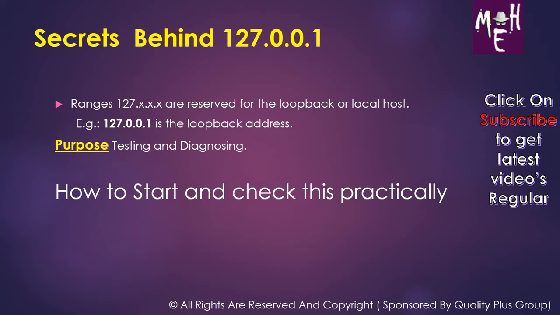There are different answers, like you have to use multiple computers, and if you have only one computer, then how do you do practicals related to your hacking classes? Friends, if you want to practice your hacking classes, then you need a second computer or a target computer. If you don't have a target or second computer, then you can also use your own computer for practice purposes. So friends, 127 is a place which is reserved and used for testing and diagnostic purposes.